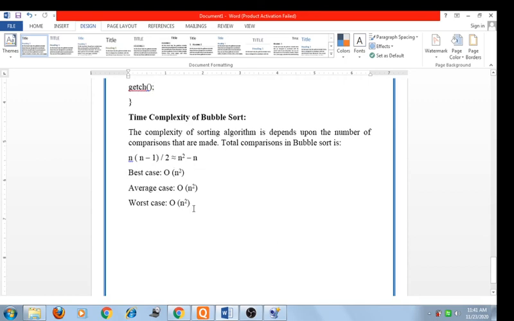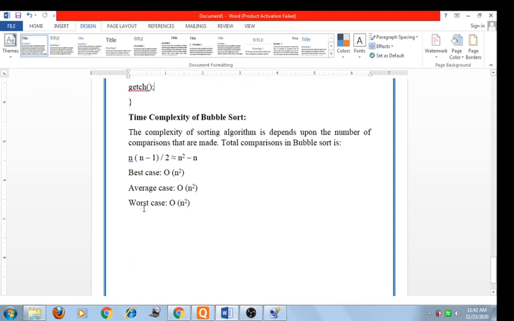So the complexity of the bubble sort is order of n square. The best case involves performing one pass, which requires n minus 1 comparisons, so the best case is order of n, but here it is order of n square.